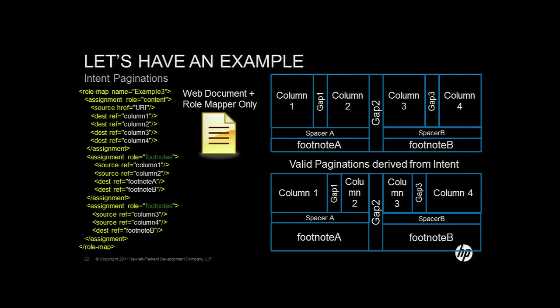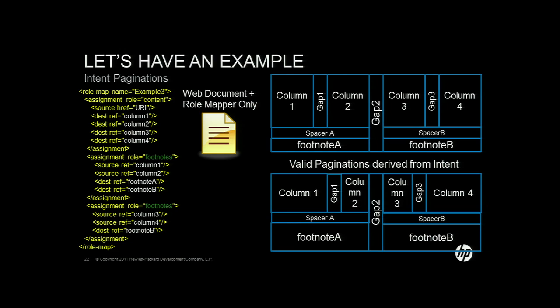And so to give an example, let's say my designer has created a document, and that is the intent she created. So she originally wanted to have the 4-column document. She wanted the footnotes on the first 2 columns on the left side and then the 2 on the right side. So when I try to create a pagination out of it, all of these, for instance, are valid paginations